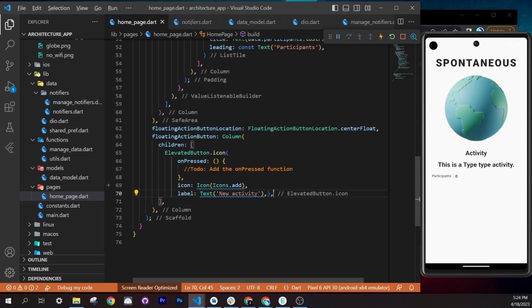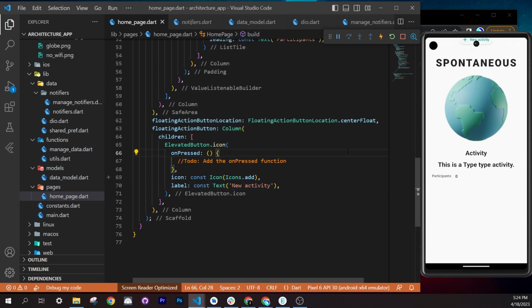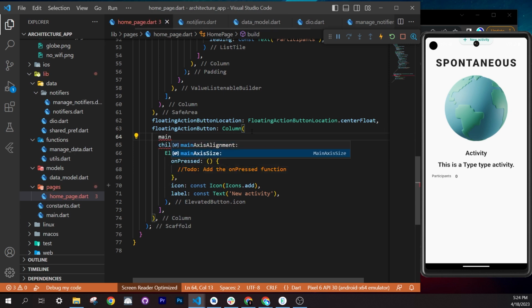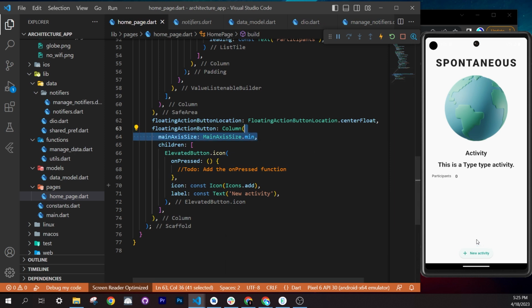I will put all my comma, format document, save, add the constant, and that's great. You can see that the new activity is on the top. The reason is the column takes as much place as possible. So you will need to say the main axis size is minimum, which means it will take as little place as possible, which means it will go at the bottom. So we have our button